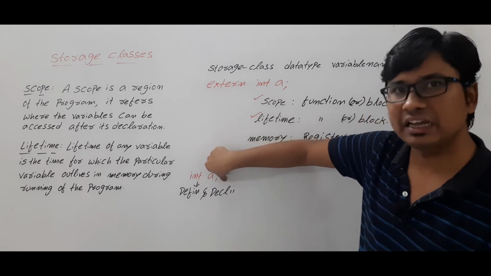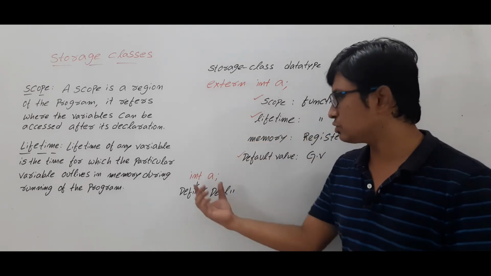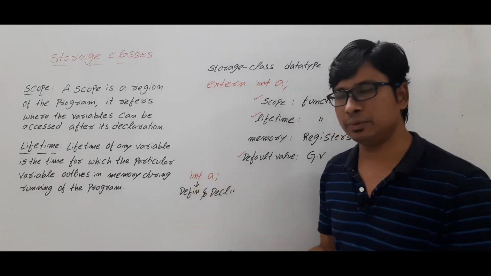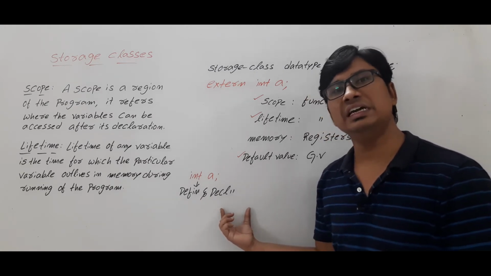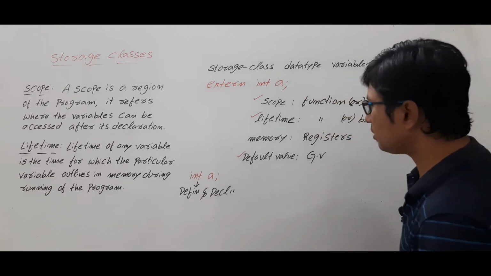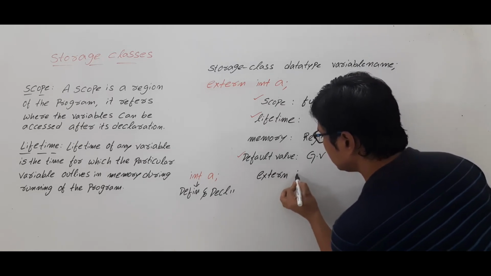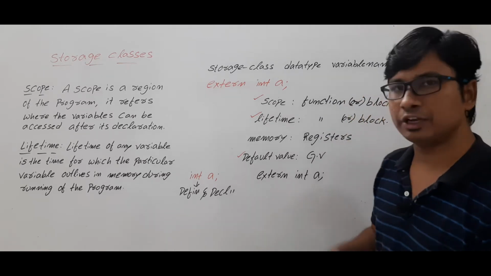But if you declare a variable, then the memory allocation will happen. So if you specify the statement as data type and variable name, then it is both definition and declaration. But when it comes to extern int a, where you are specifying the variable as an external variable, then